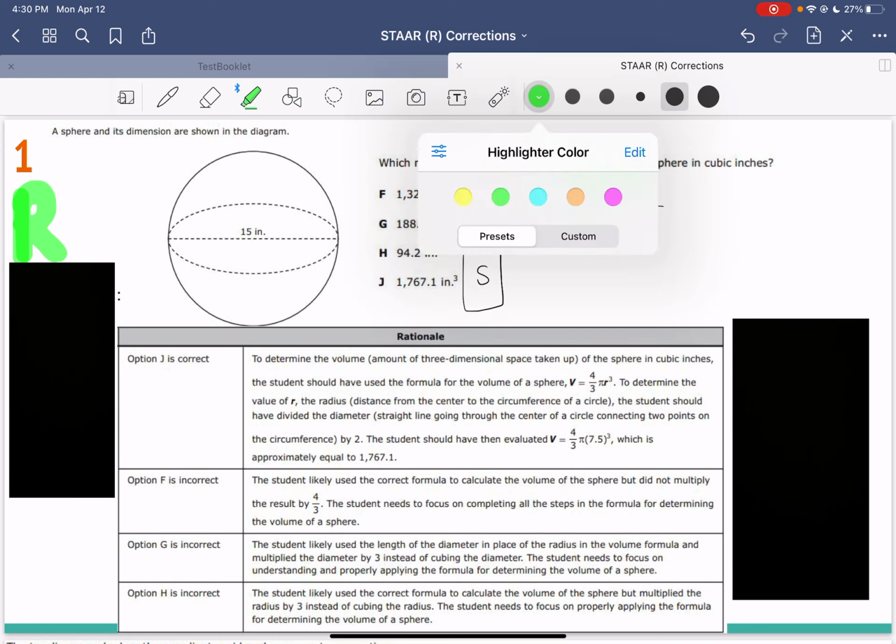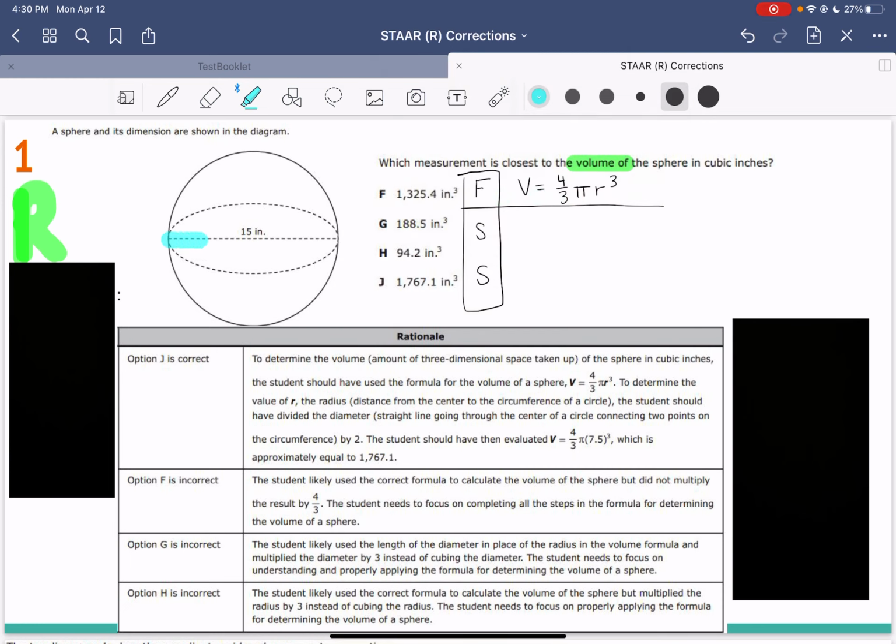So over here we have this given value of 15 inches, and this 15 inches, that it goes across, is the diameter. So we have a diameter of 15 inches, and what we need to do is figure out what the radius is because they are different measurements. So